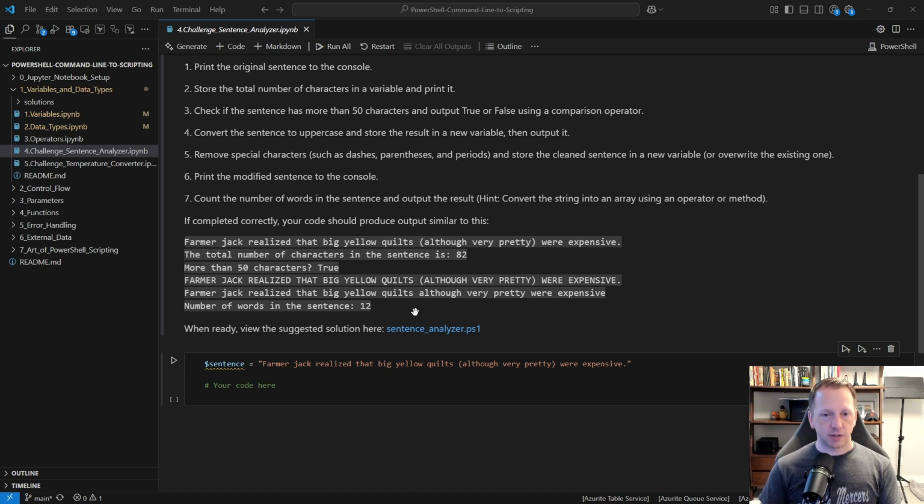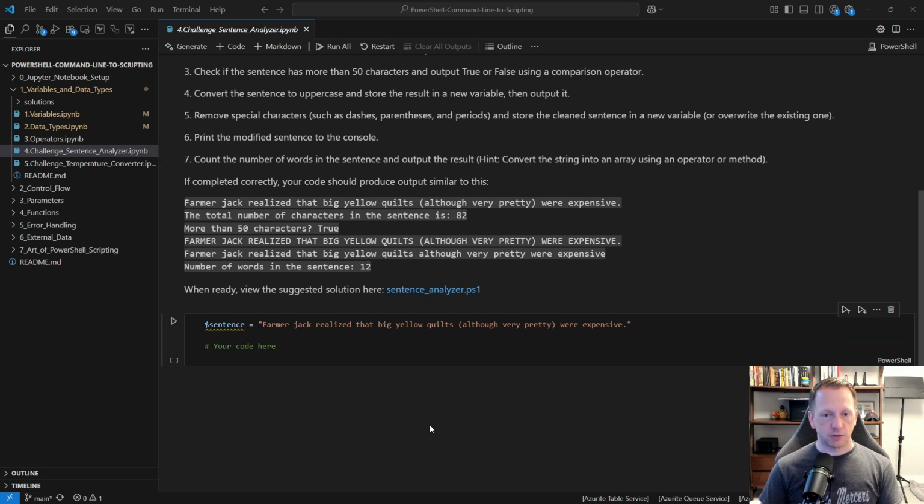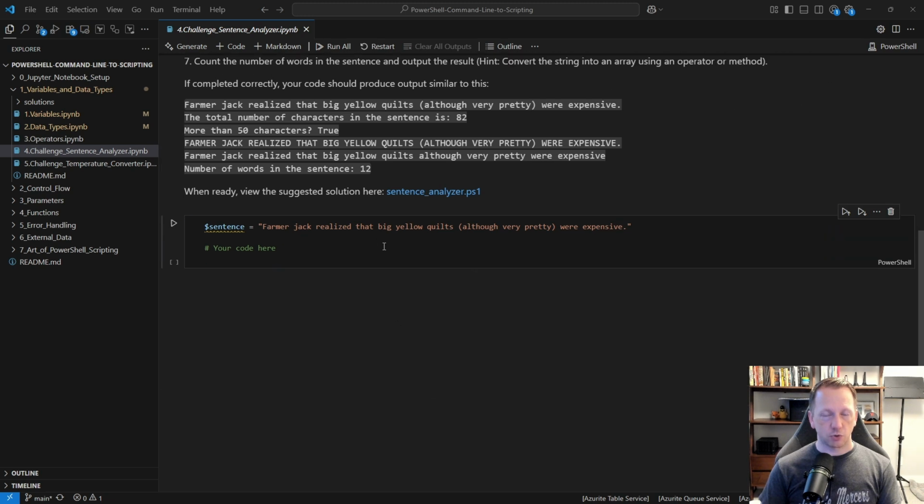I do have a suggested solution here, but if you want to, you can use this interactive cell. I got it started for you here by creating the sentence variable with the sentence in it. If you want to go through and create a PS1 file and work with it through there, you totally can. If you're not familiar with creating script files or anything like that just yet, you can use this right in here and start writing your code and then execute it here and see the output, just like we've been doing